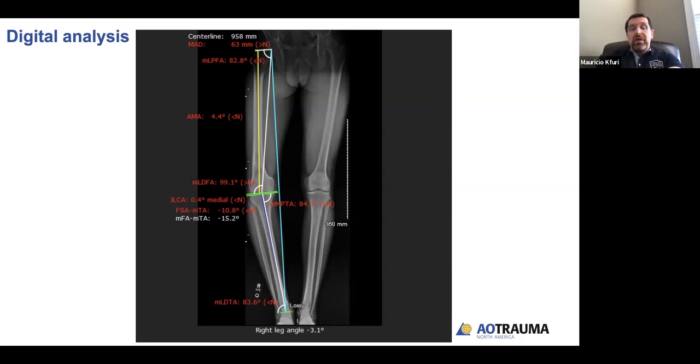Because the critical point here is not just to shift the mechanical axis to the neutral point, but also to keep the joints parallel to each other and parallel to the floor. And this is why most likely you try to bring those angles close to 90 degrees. And I want to make sure everybody's really aware, because I'll tell you, in North America, when I trained, nobody talked